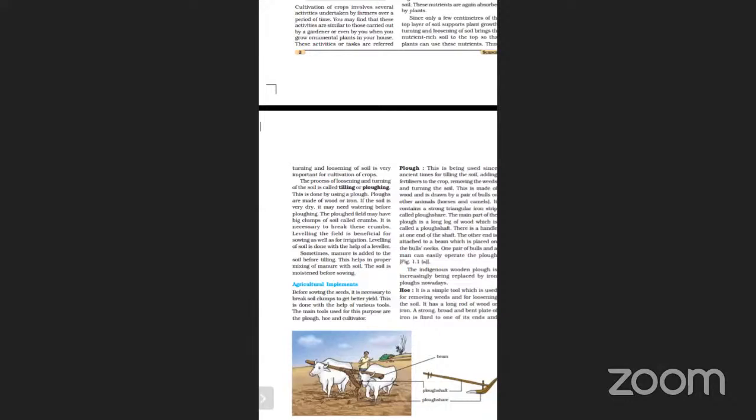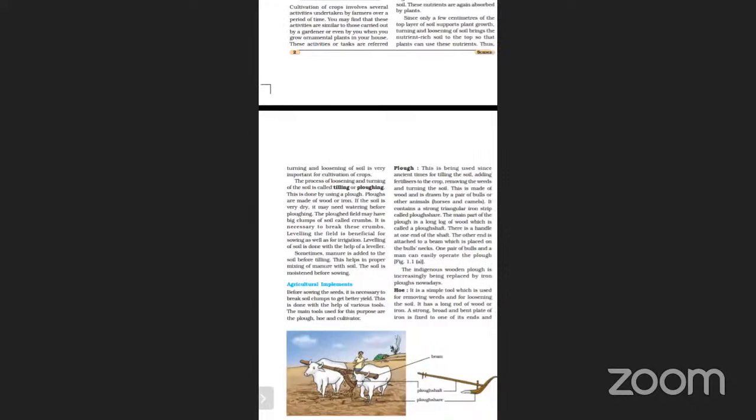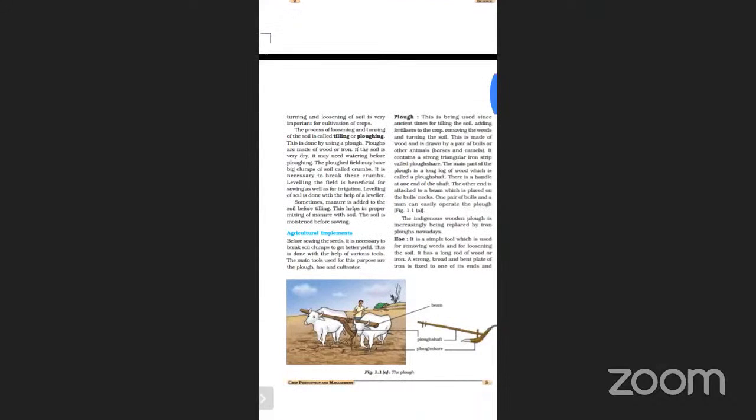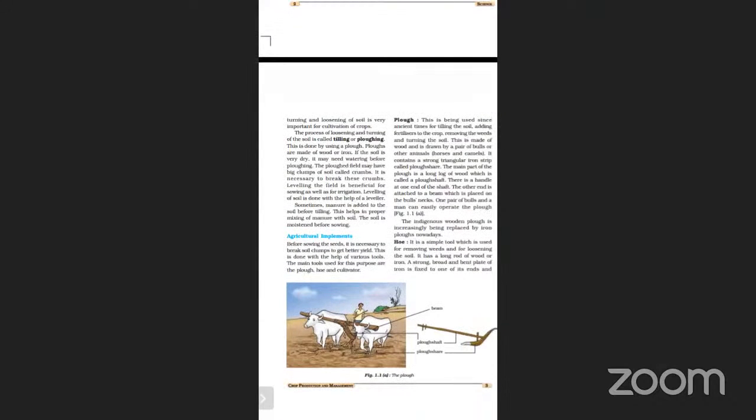So the farmer will use some tools. What they will use: plough, hoe, cultivator. But nowadays, before, people used only simple tools for agriculture, but nowadays they use scientific tools. Before that, how the plough was, you will be able to see this figure of the plough in your reader. It was very long, and with the help of the